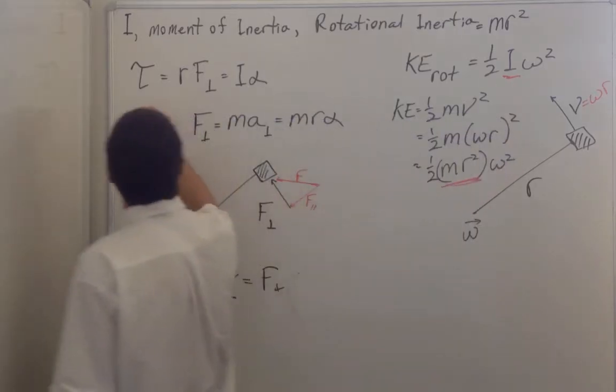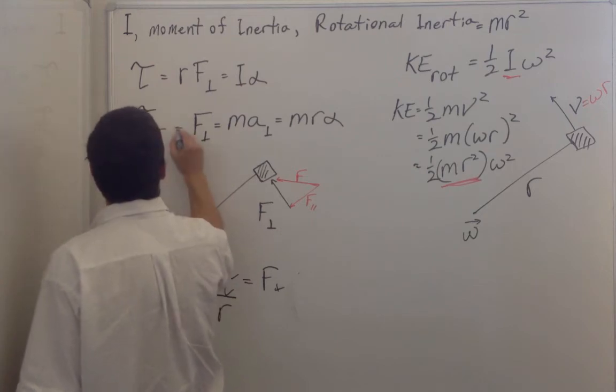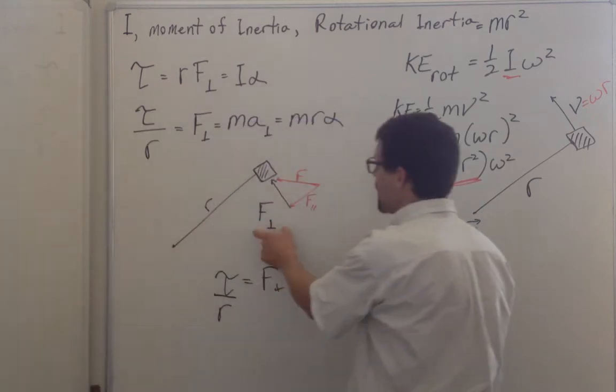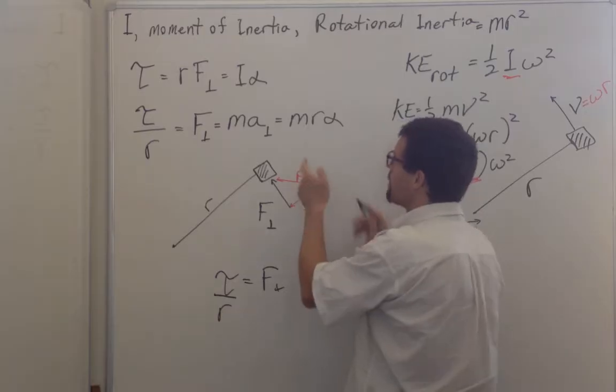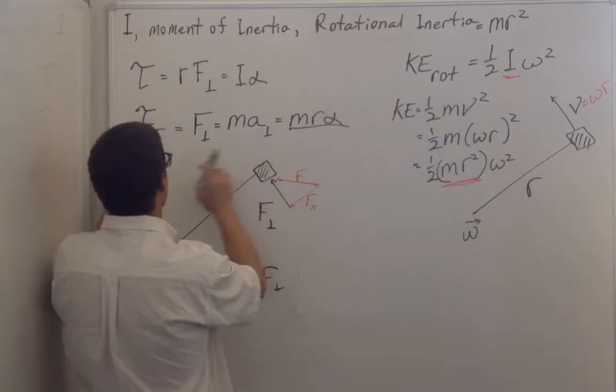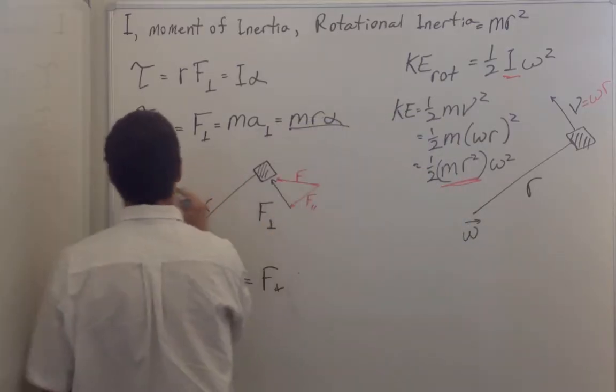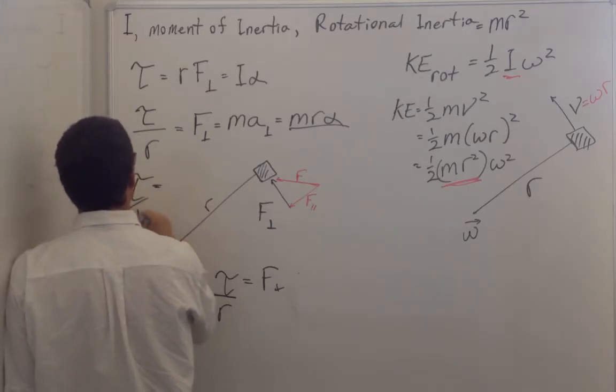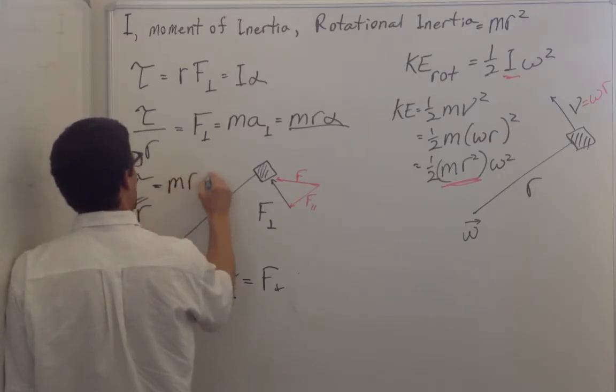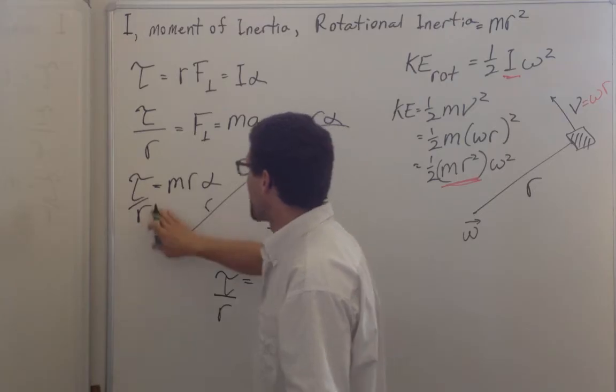So I put that in, torque divided by r is equal to this perpendicular force, which is equal to this. So if I set the first term equal to the last term, I have torque over r equals mr alpha. And I multiply through by r,